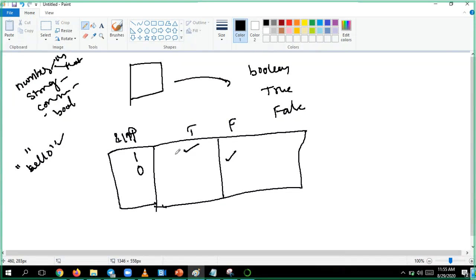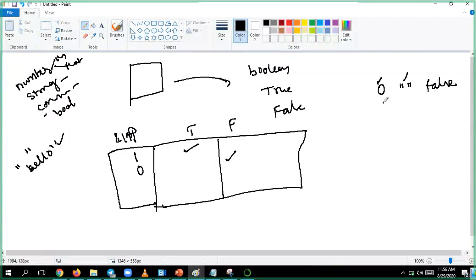If I have 1, then it will return me true. 0, we know from the very beginning. But the main thing to remember here is, if you are giving 0, or an empty string, meaning no characters in this particular string, these times it will be false.